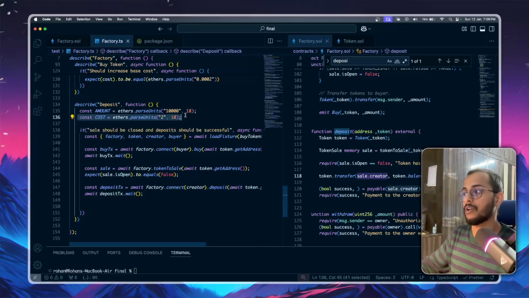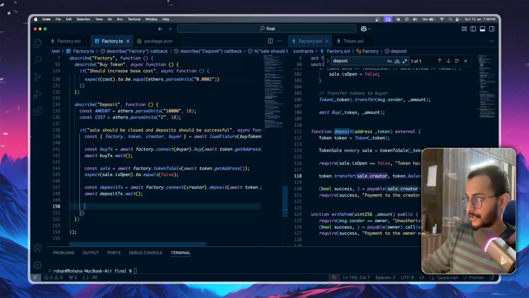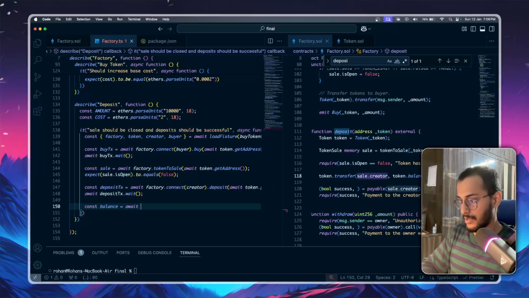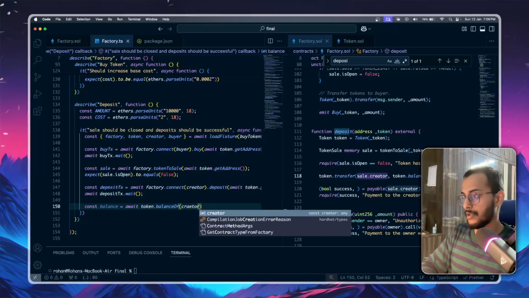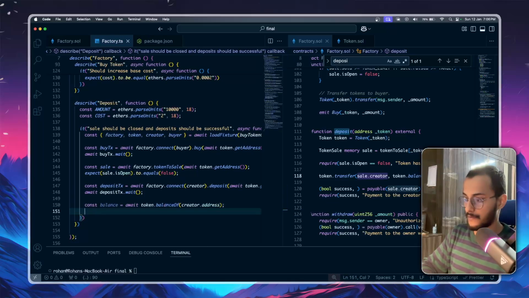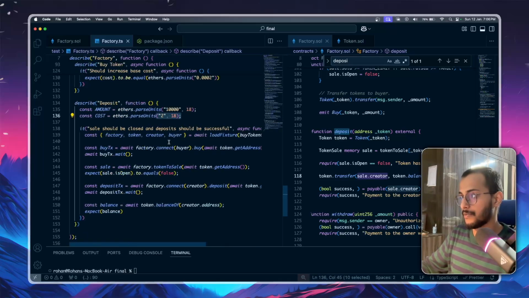I mean, the total 10,000 should have got deducted from the balance. Let me check. Const balance is token dot balance of creator dot address, right? Yeah, and what we are expecting is the balance if we are calling all the values, like if we are reducing all the values, I mean,